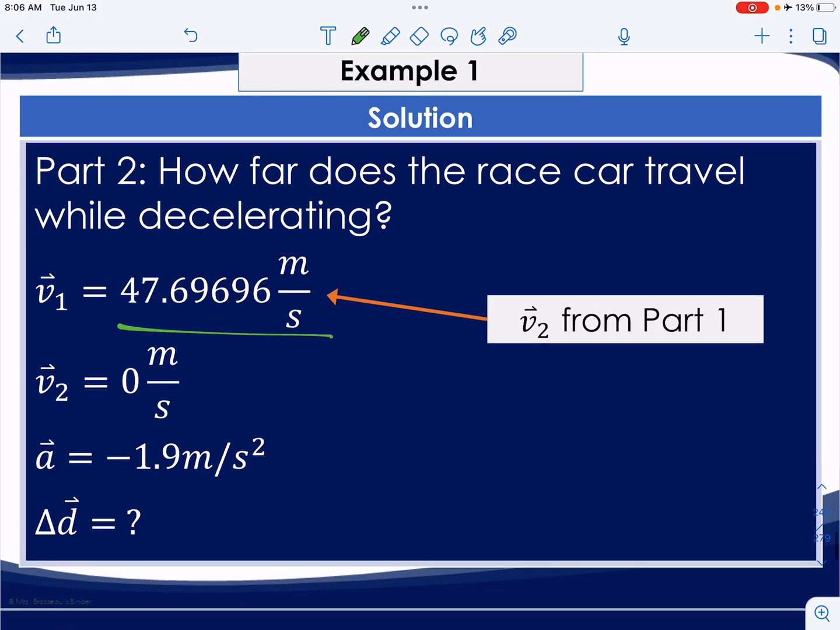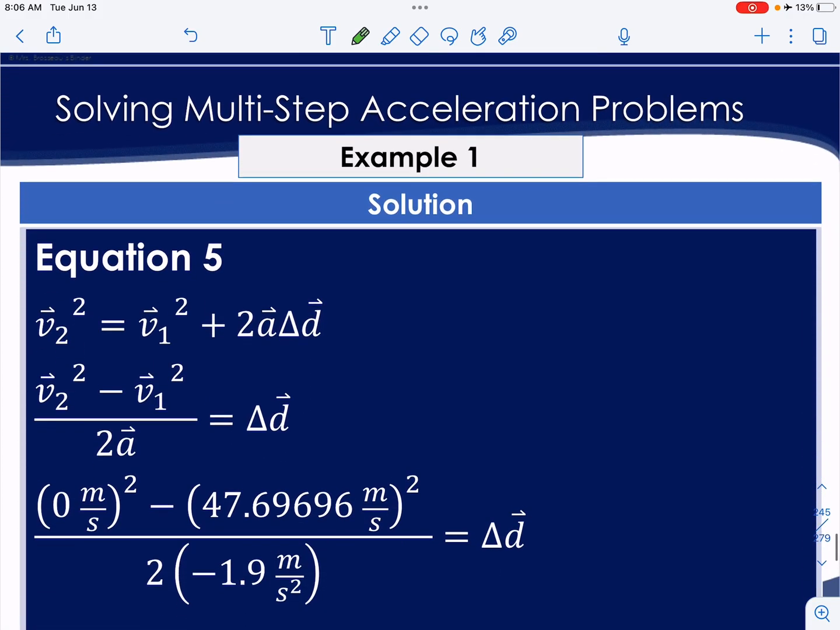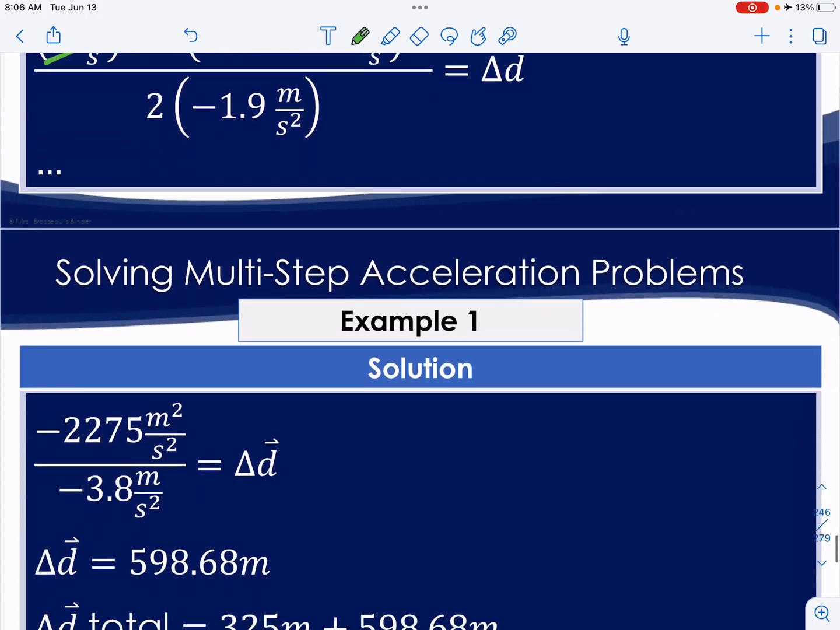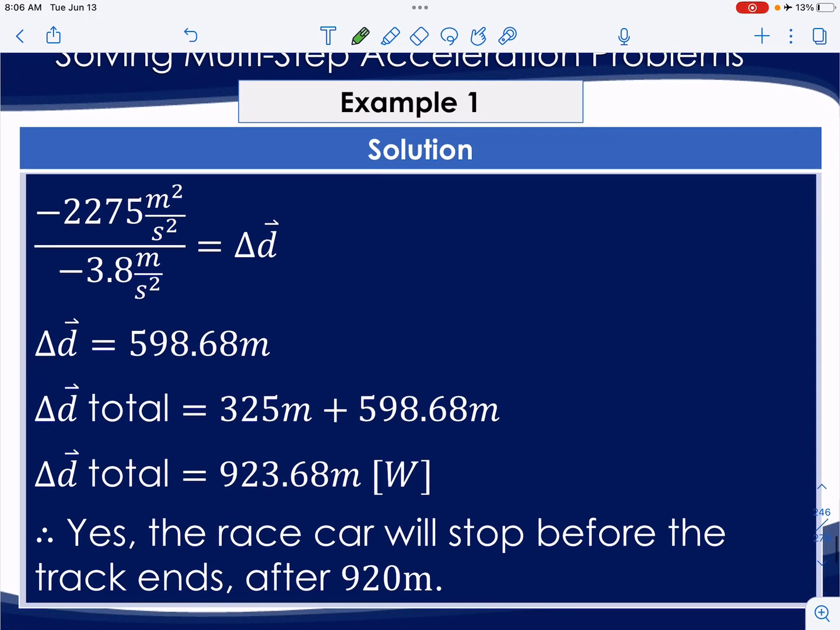So now we have those, and we're going to solve for D. So we rearrange the problem to solve for D. We stick in the values. The end value, V2, is 0. We multiply that out, and we get delta D equals